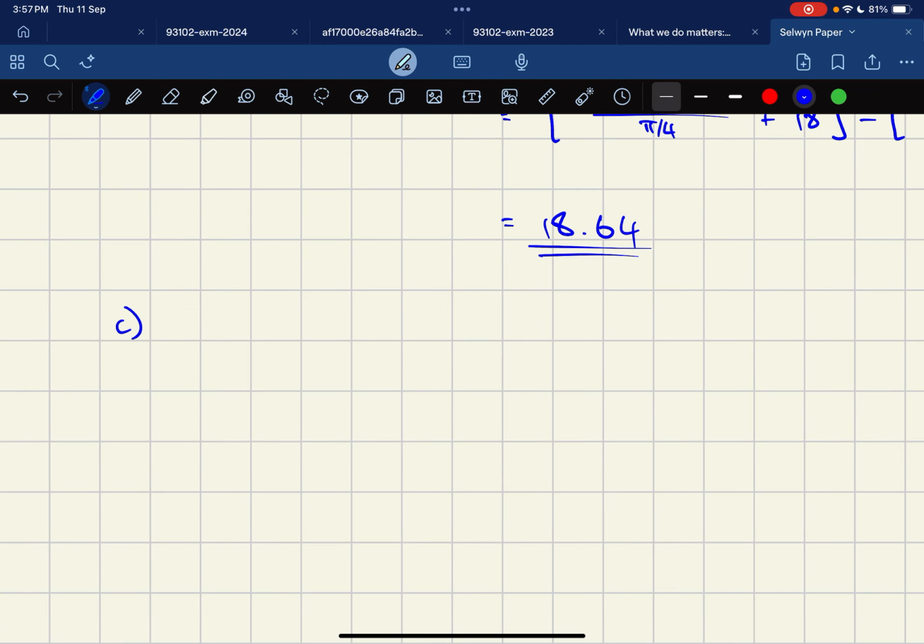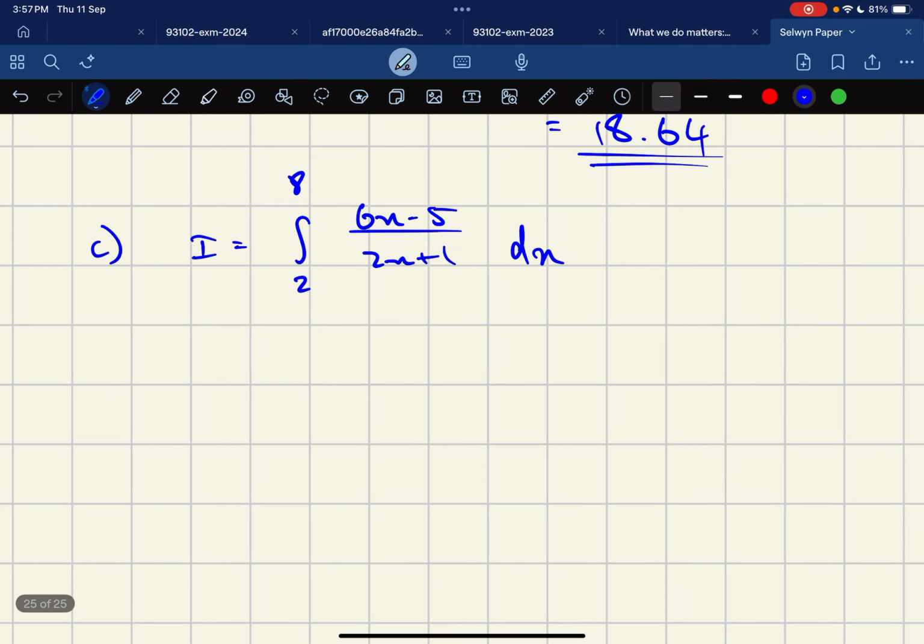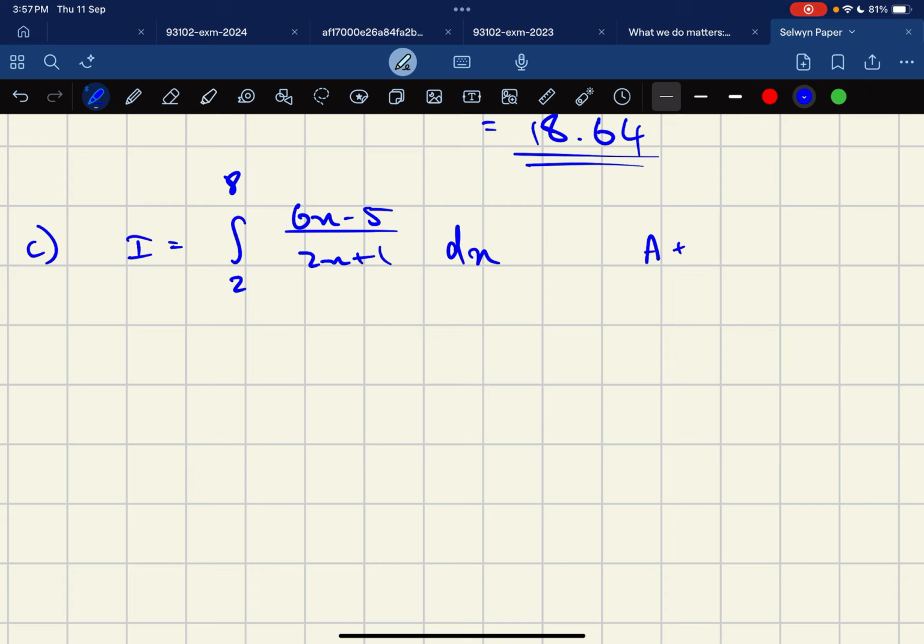Next part, part C, find the integral of, so this is the integral between 2 to 8 of 6x minus 5 over 2x plus 1 dx. So you have two linear functions on top of each other. So you need to separate out into the form a plus b over x plus c, something like this. So then you can integrate this part just by using like a normal constant rule, and then this using the ln function. So you want to separate this out into,